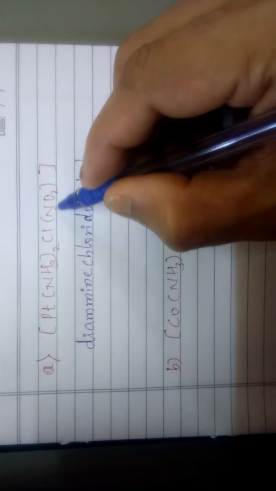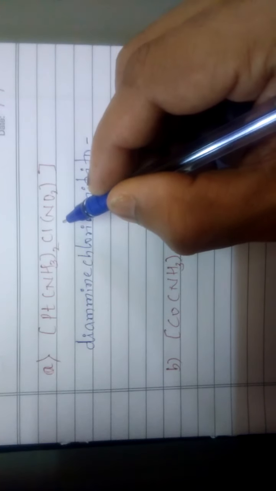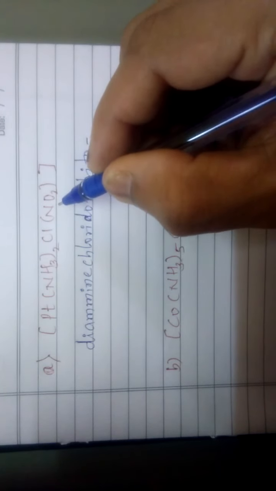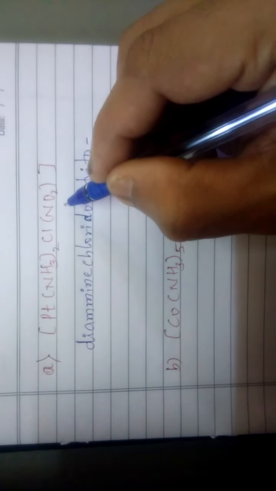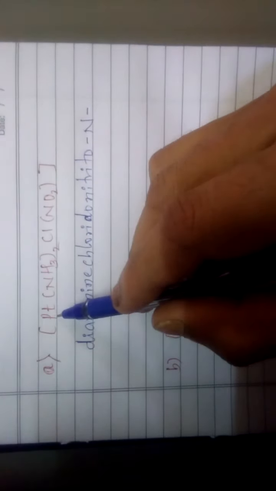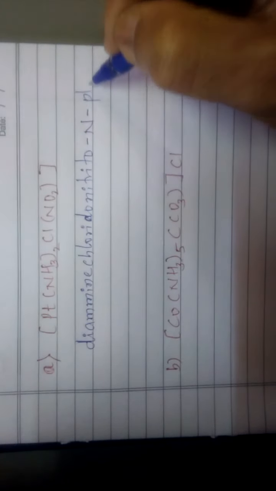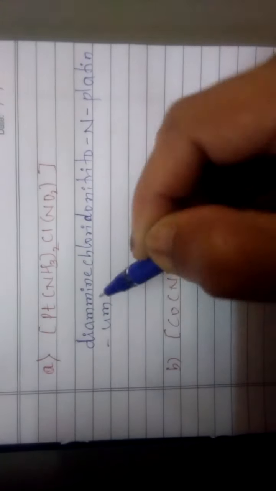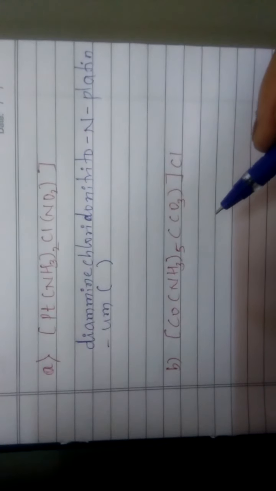and this one, nitro compound, you can write nitro or you can write nitrito, and this is an ambidentate ligand. It can coordinate with the central metal ion by using the nitrogen or by using the oxygen. Okay, in this case it is going to coordinate with the platinum with the nitrogen, so it is nitrito-N, and this is your central metal ion, so it is platinum, and you have to calculate the oxidation state now.